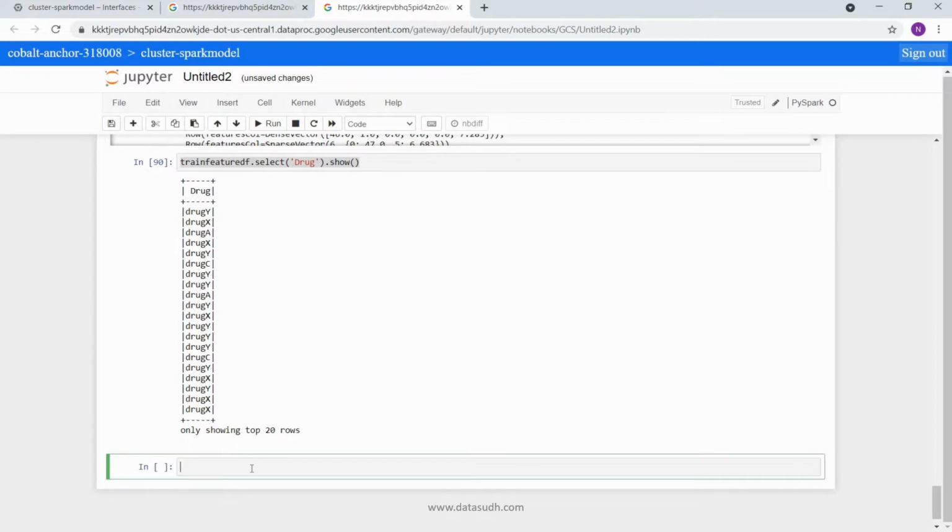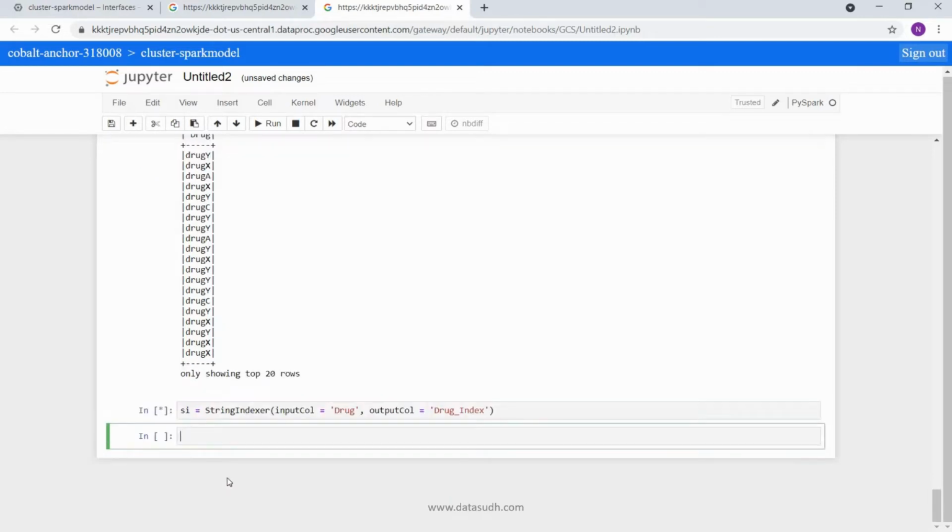So what I'm going to do is, we already imported the string indexer library in a previous lesson, so I'm going to use the same. I'm going to pass the input column as drug and the output column as drug index.